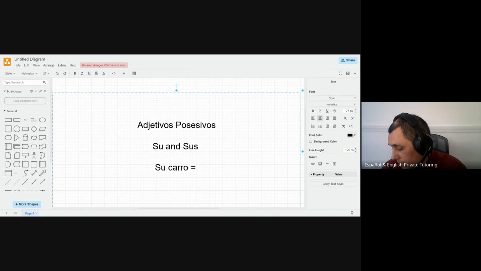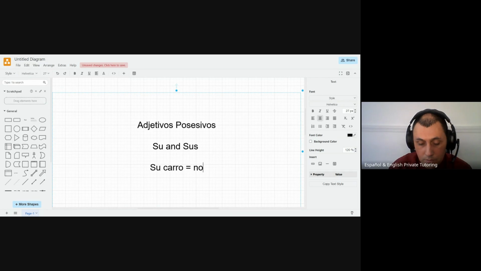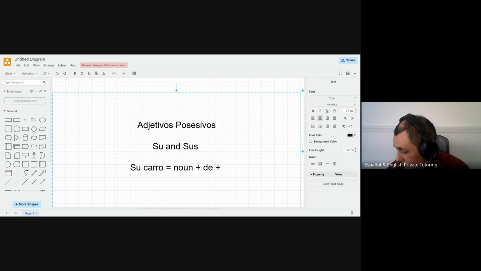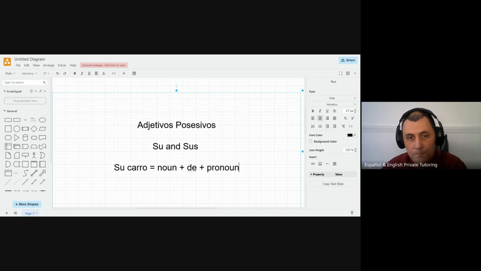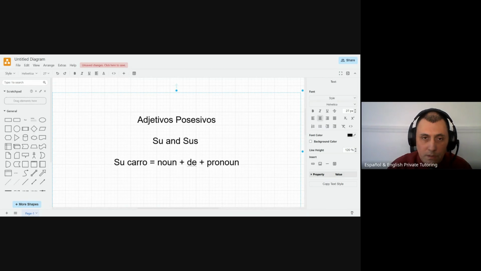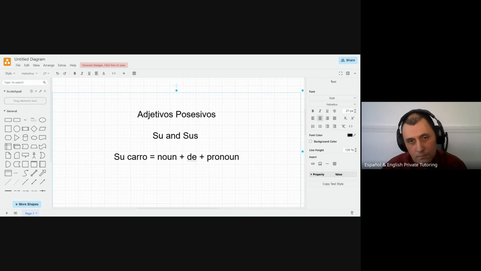So according to the book, you have to use the formula noun plus de plus pronoun. So let's try first with this formula. Let's say that I'm trying to say his car. This case will be,